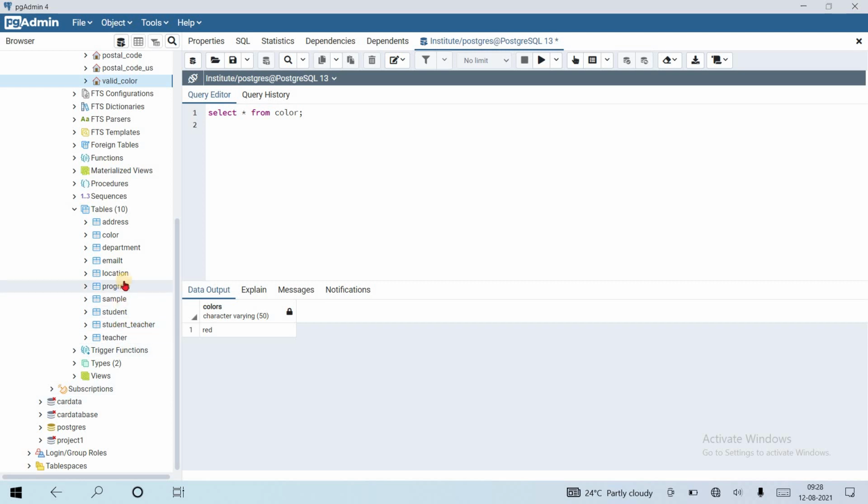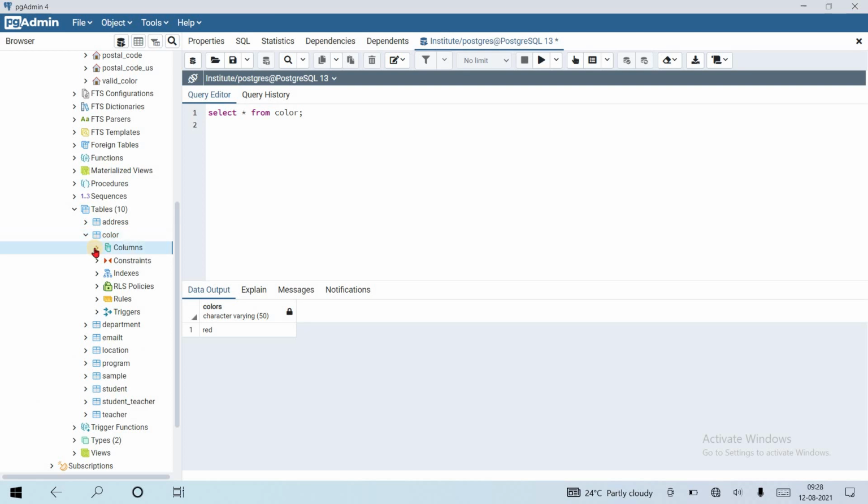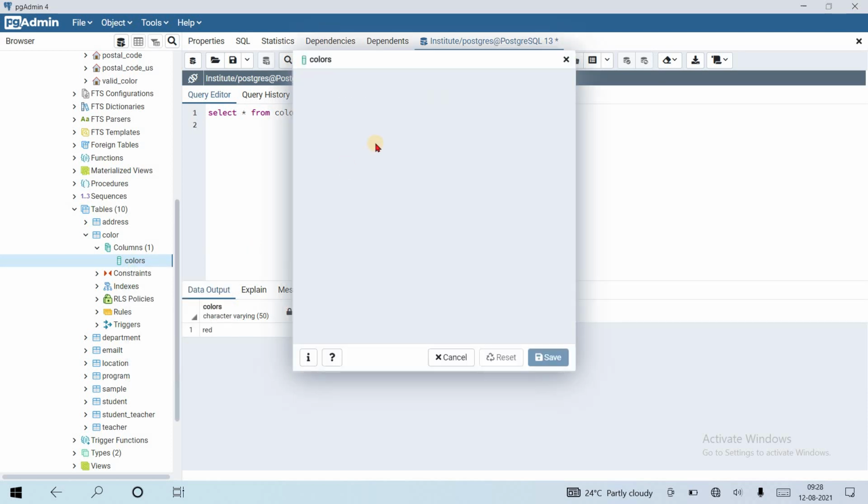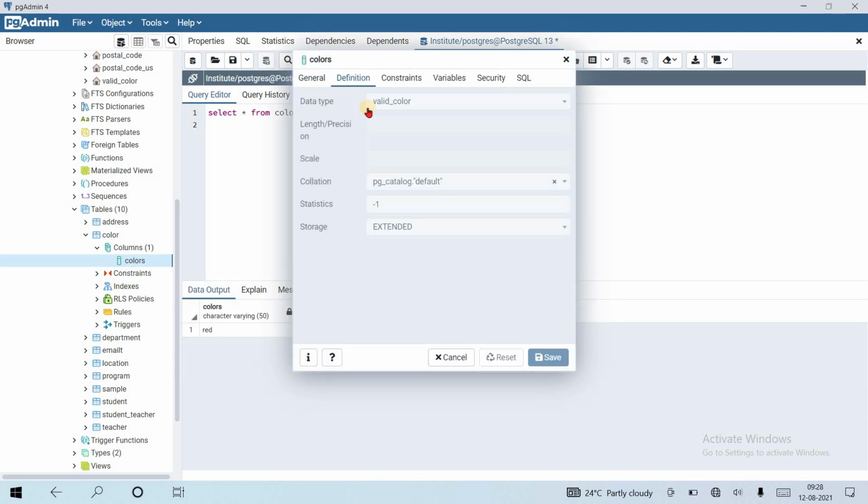We can also do it directly with the pgAdmin tool. Suppose the color table is here, and inside this the column is color. If I go to properties and definition, then here I can change the data type from valid color.